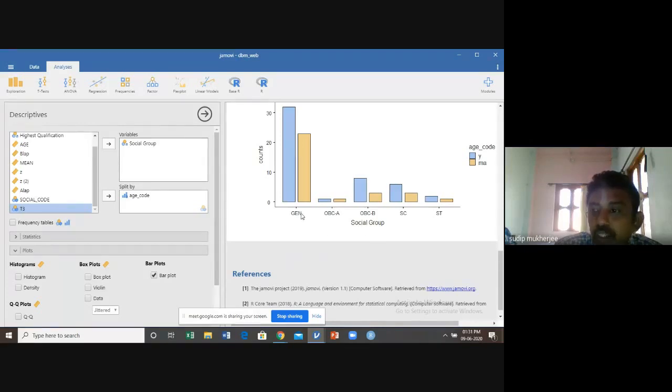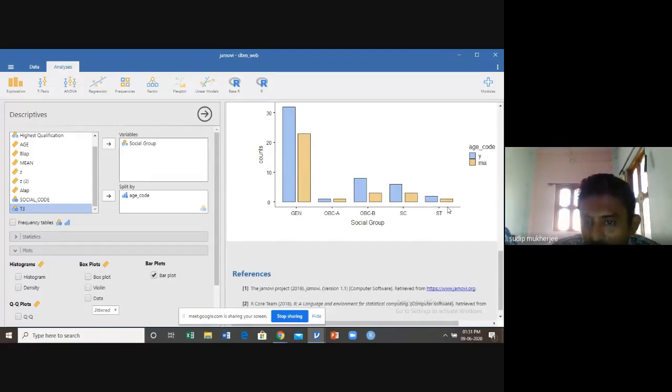Just see the graph. This is the graph of social group with respect to different age codes. The blue color shows the graph for young, and the orange color shows it for the middle age people. So this is the graph for the general category.